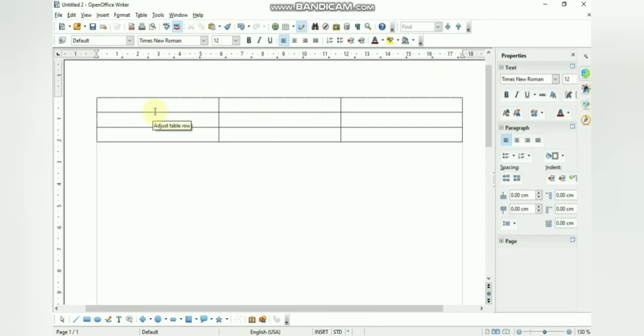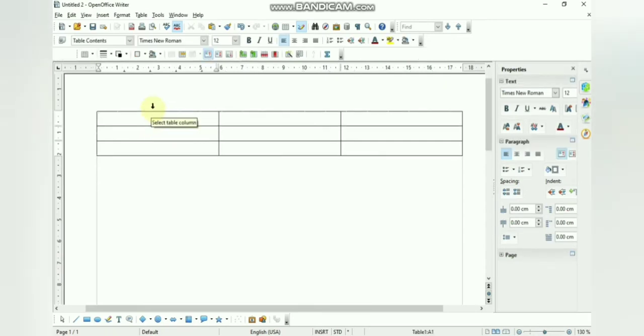Then next our topic is how to move within the table. You can use your mouse to move to a table cell, or you can use the keyboard as well. In order to move one cell to the right, you can use the Tab key. I have pressed the Tab key on the keyboard, and you can see I have moved one cell to the right. If I want to move one cell to the left, I will press Shift plus Tab.